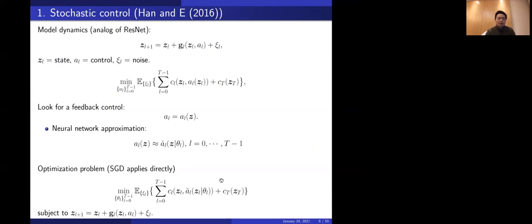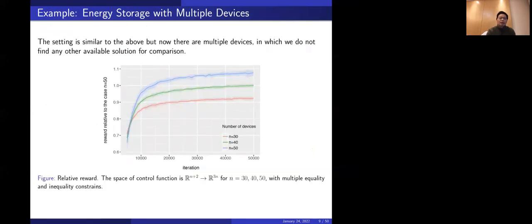We can use SGD. So the framework of SGD and ResNet applies pretty much directly to this stochastic control problem, and that's why we decided to use this as the first example to illustrate the power of deep learning when applied to high dimensional problems in classical scientific computing. Here is